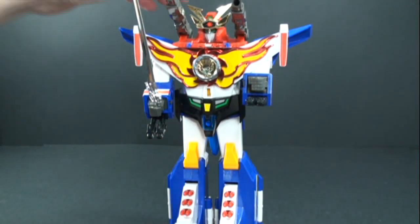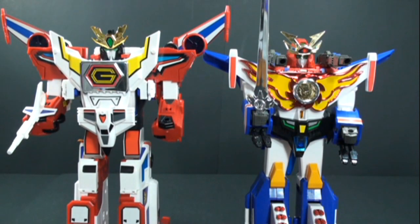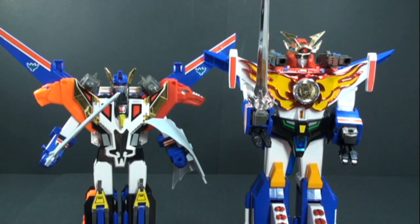All right, let's do some comparisons now. All right, first up, here he is next to Thunder Baron. I didn't think Thunder Baron was quite that short, but fortunately he is. And then here he is next to Super Guardian, which is a little bit better. And then Grandbird. And then lastly, Dreas. And unfortunately, just like Brave Fighter X Kaiser, the villain is smaller than the hero, which is unfortunate, and really smaller when you actually combine Fighbird with Grandbird to form Great Fighbird, but